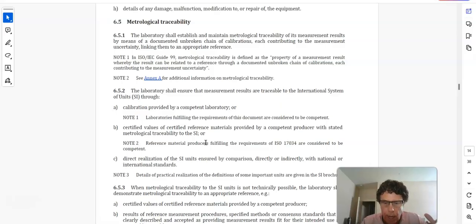So if this is an HPLC, or let's say a mass spec, and you're doing metal analysis, and you're using your 4 metals as your certified reference material to check to make sure that your ICP-MS is working correctly, and those certified reference materials are produced by a competent producer, meaning they're ISO 17034 accredited, and that's what you're doing every time you run an unknown on your ICP-MS, you are indeed meeting the requirements of section 6.5.2